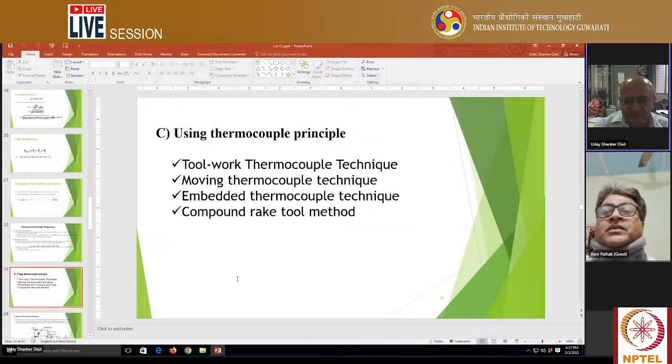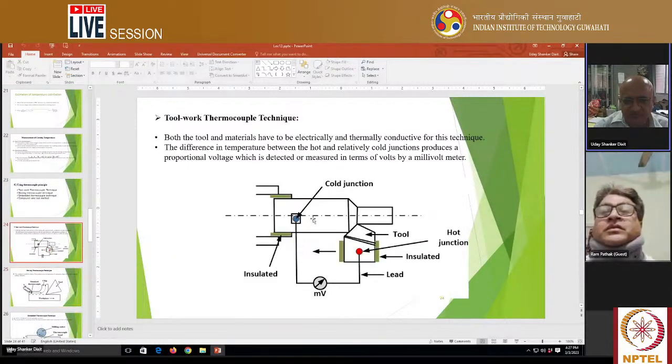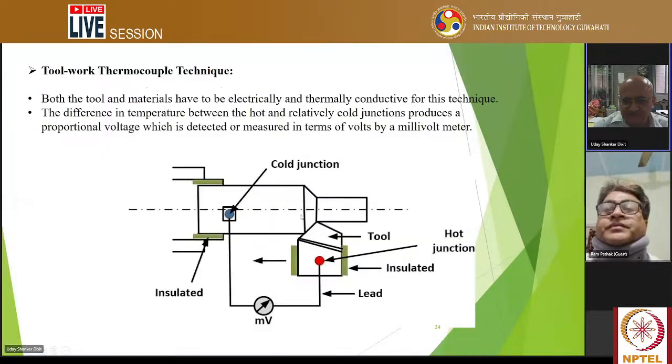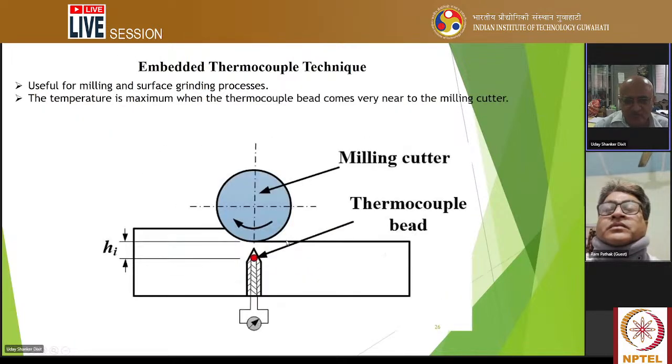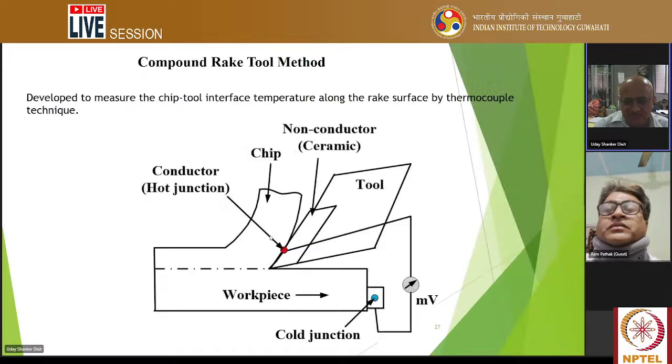So this is by the calorimetric method. Measuring temperature generation is actually very difficult here; we use a thermocouple type of thing. In fact, I asked some students to make this setup and measure the temperature, but it was very difficult because the chips are coming and it creates a lot of noise. So measurement of temperature like this, which is considered a classical technique, is also very difficult. Then a thermocouple technique can be used.